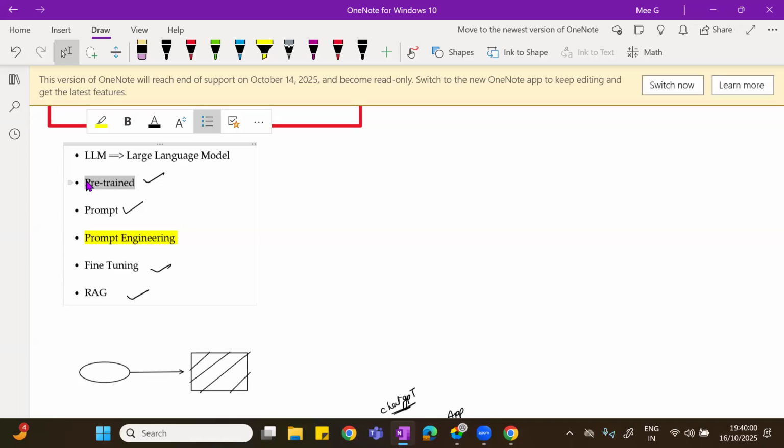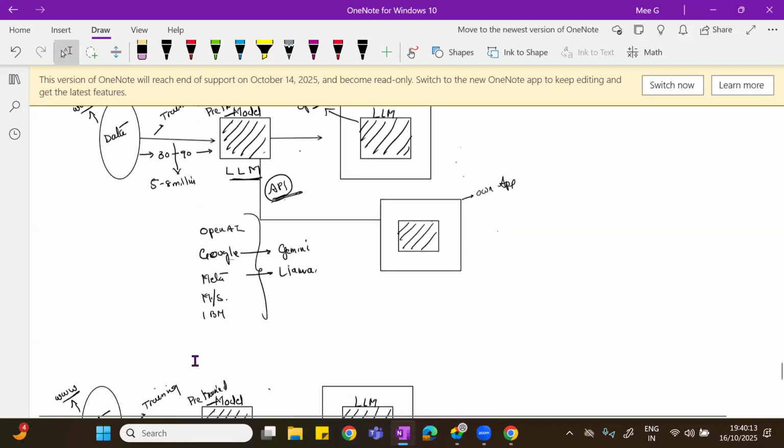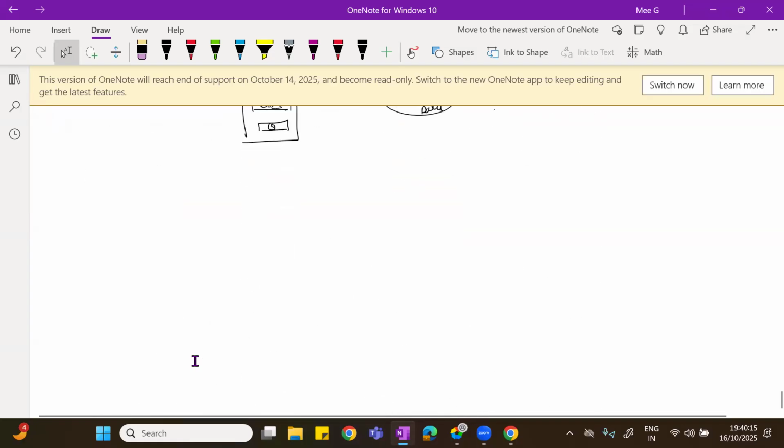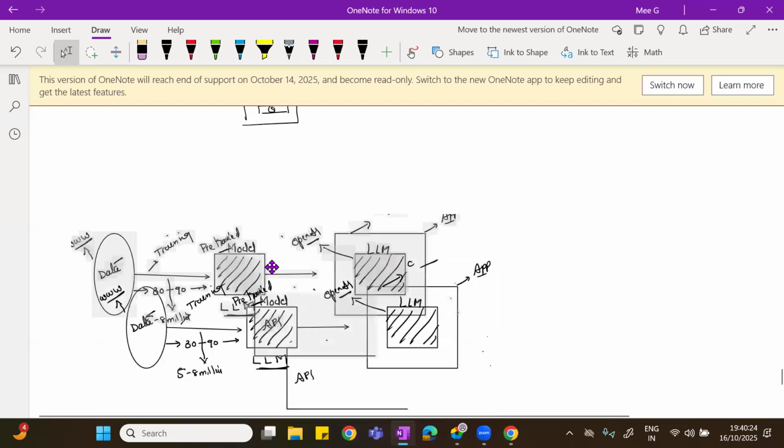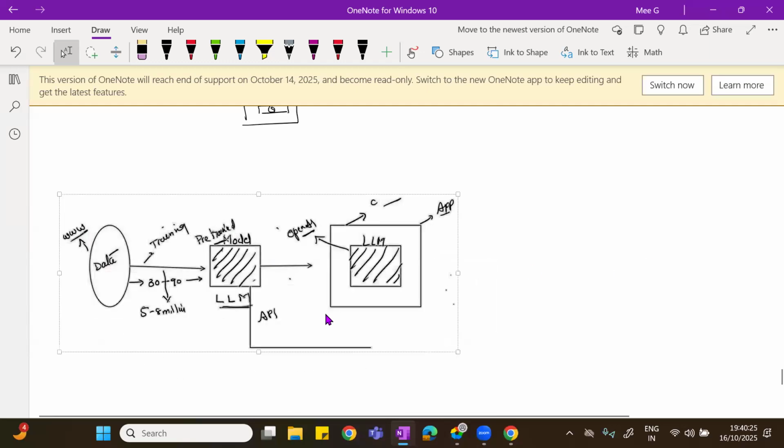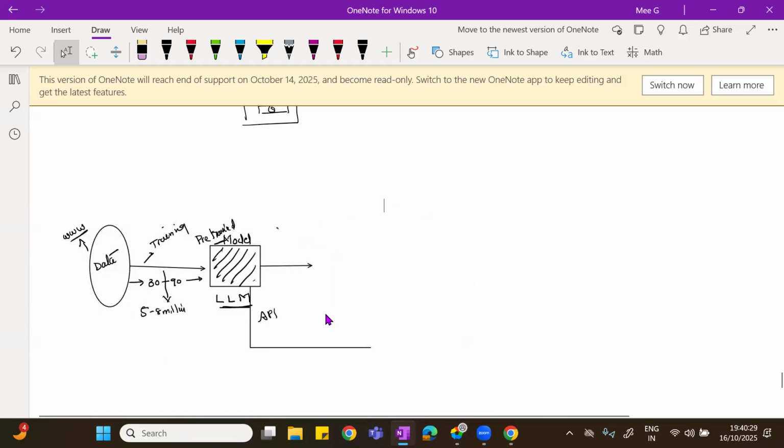One more major advantage of RAG is that your model will not remember the data. See, how you're going to go about it is, you have a question. Now, let's say this is your LLM. I will just paste it. This is my LLM. Now let's forget it.